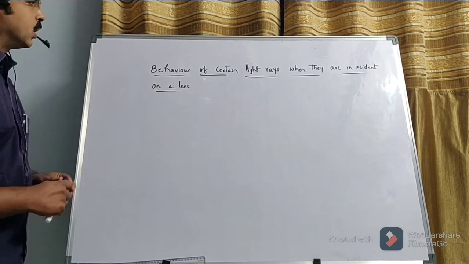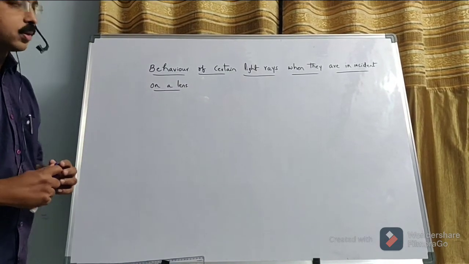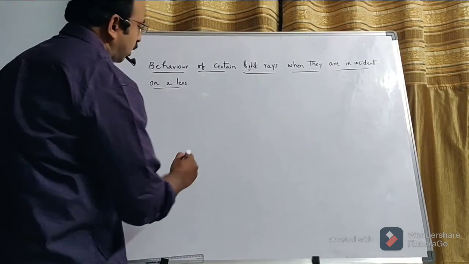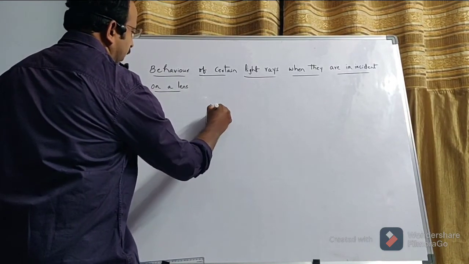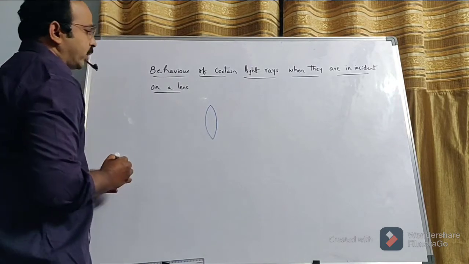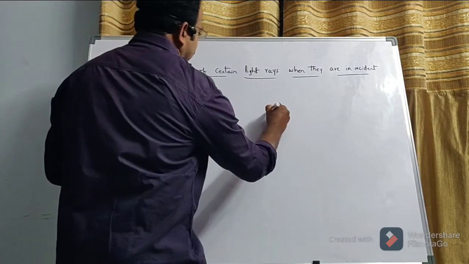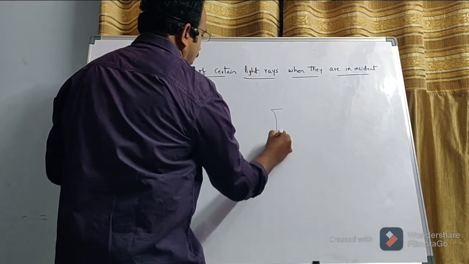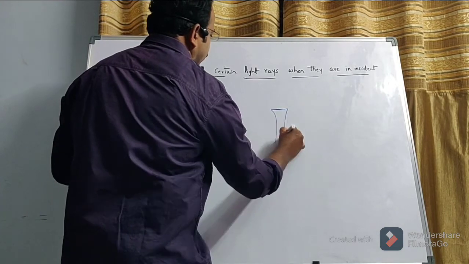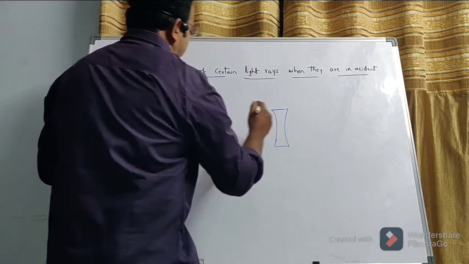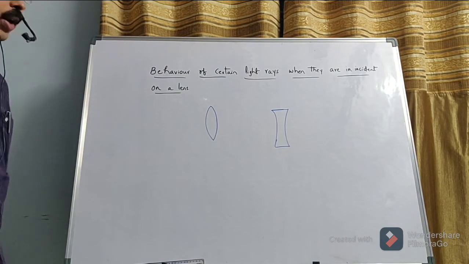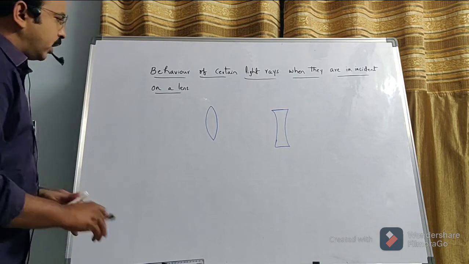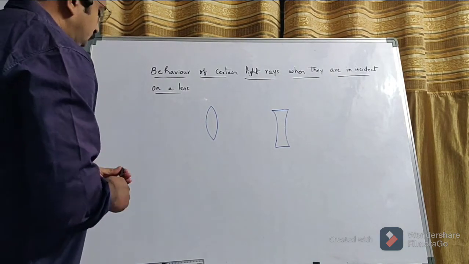We know that we have two lenses, the convex lens and the concave lens. This lens we call a convex lens, and this lens we call a concave lens. Drawing them each and every time is difficult for us, so we have a very convenient method. If you draw like this,